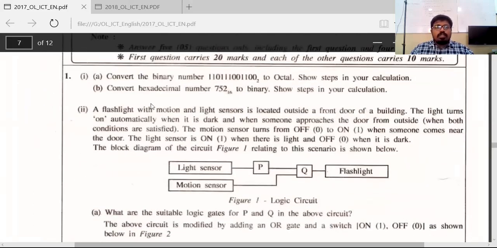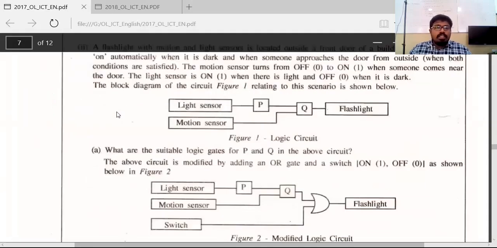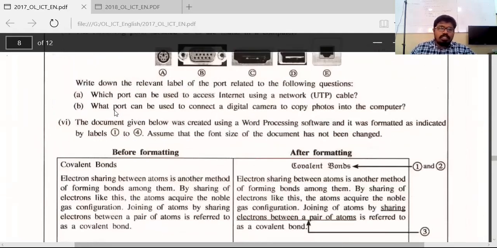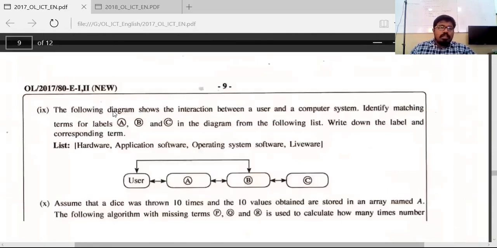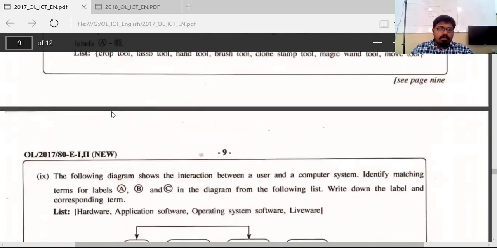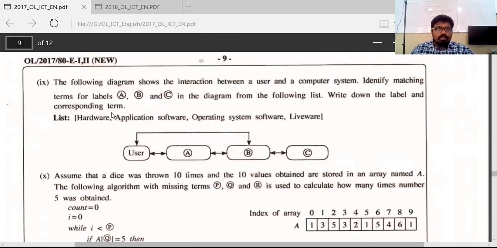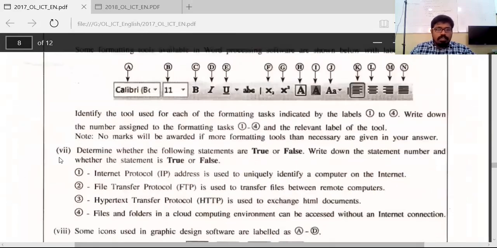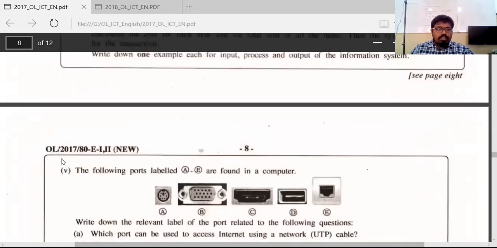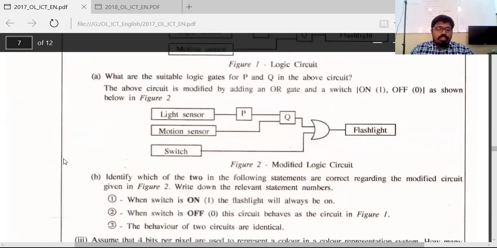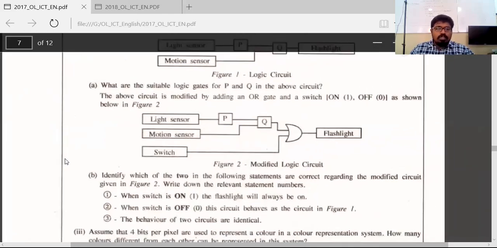In part 2, question number 1, Roman number 2, the compulsory question, right? So they gave you a compulsory question in part 2 of question number 1, right? I think only that question came in 2017 paper in part 2. Yeah, only one question.